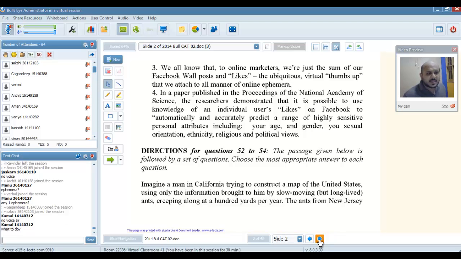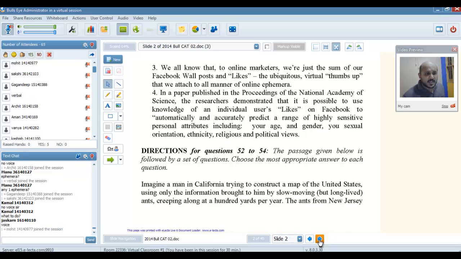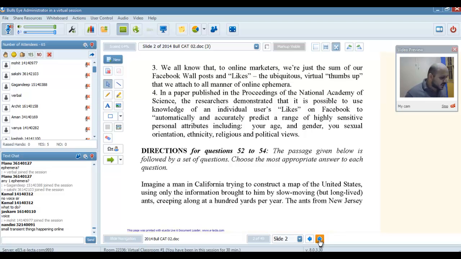So which are the 3 statements which imply the personality aspect in this case? Those 3 options are statement number 2, 3 and 4. The tricky thing in this question is statement number 1. It says researchers from Cambridge University conducted a study of more than 58,000 US Facebook users obtained through a Facebook app called My Personality. But the thing is, we've actually got to look at the fact that what are we